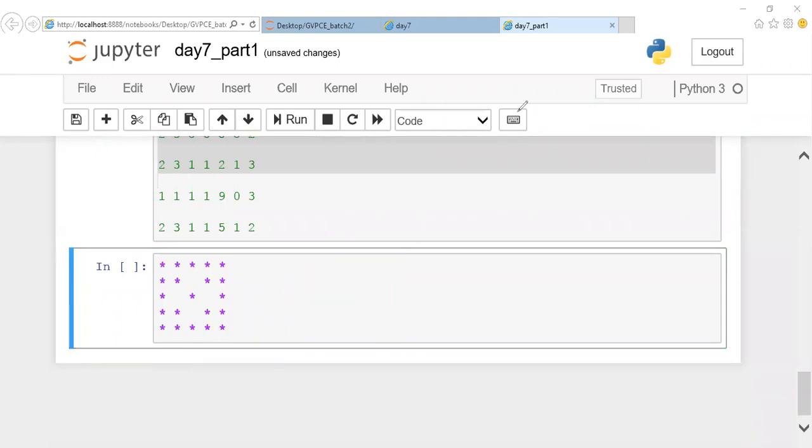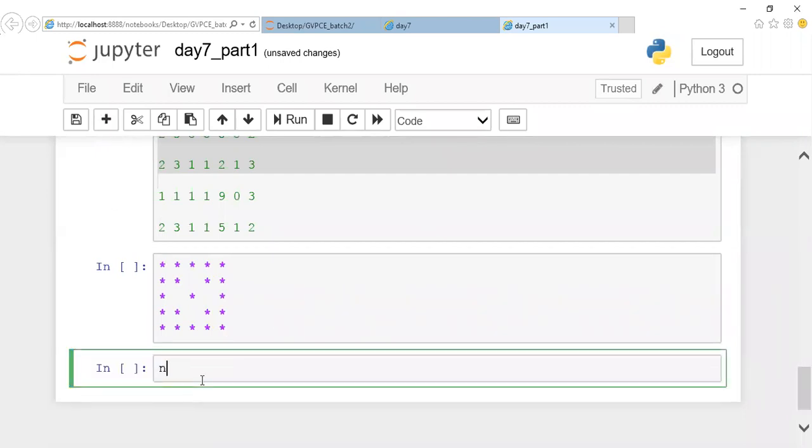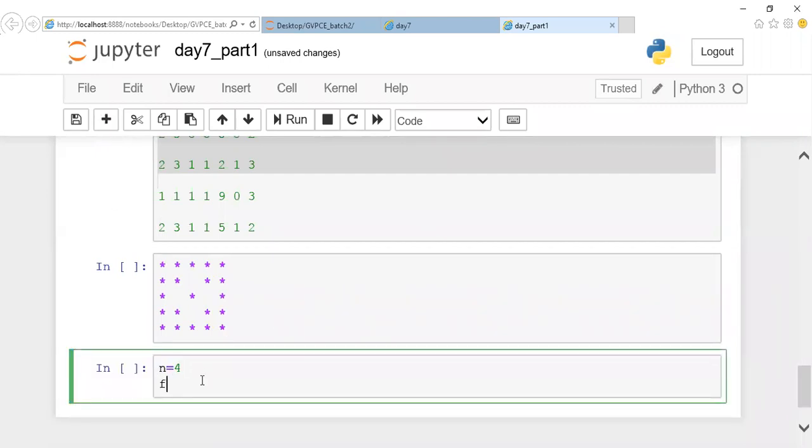So this is your question. Already we had discussed how to draw the box. If your n value is 4, you're going to iterate that many times: for row in range of 1 to your n value. So let us give 5. It will be reasonable to have a square.